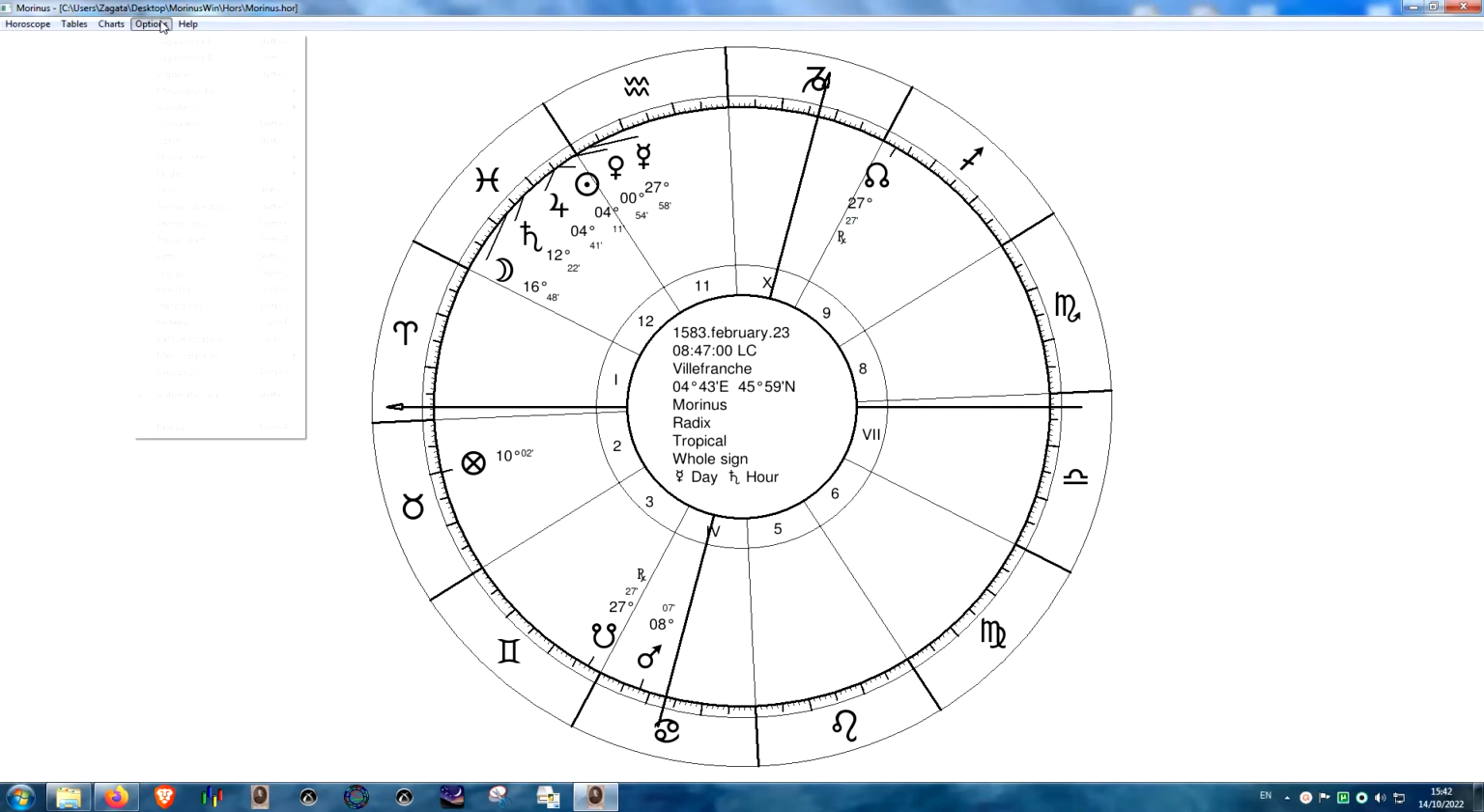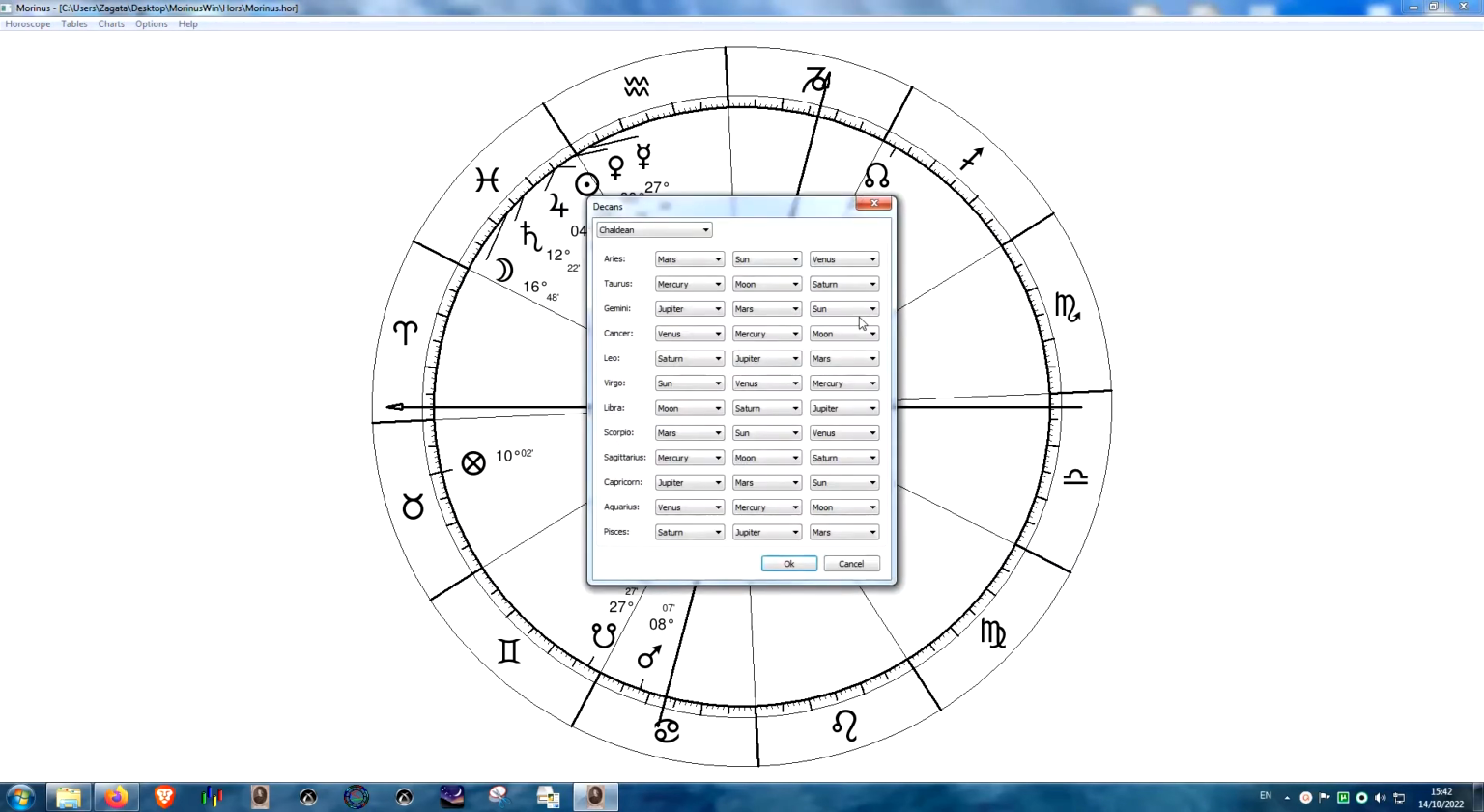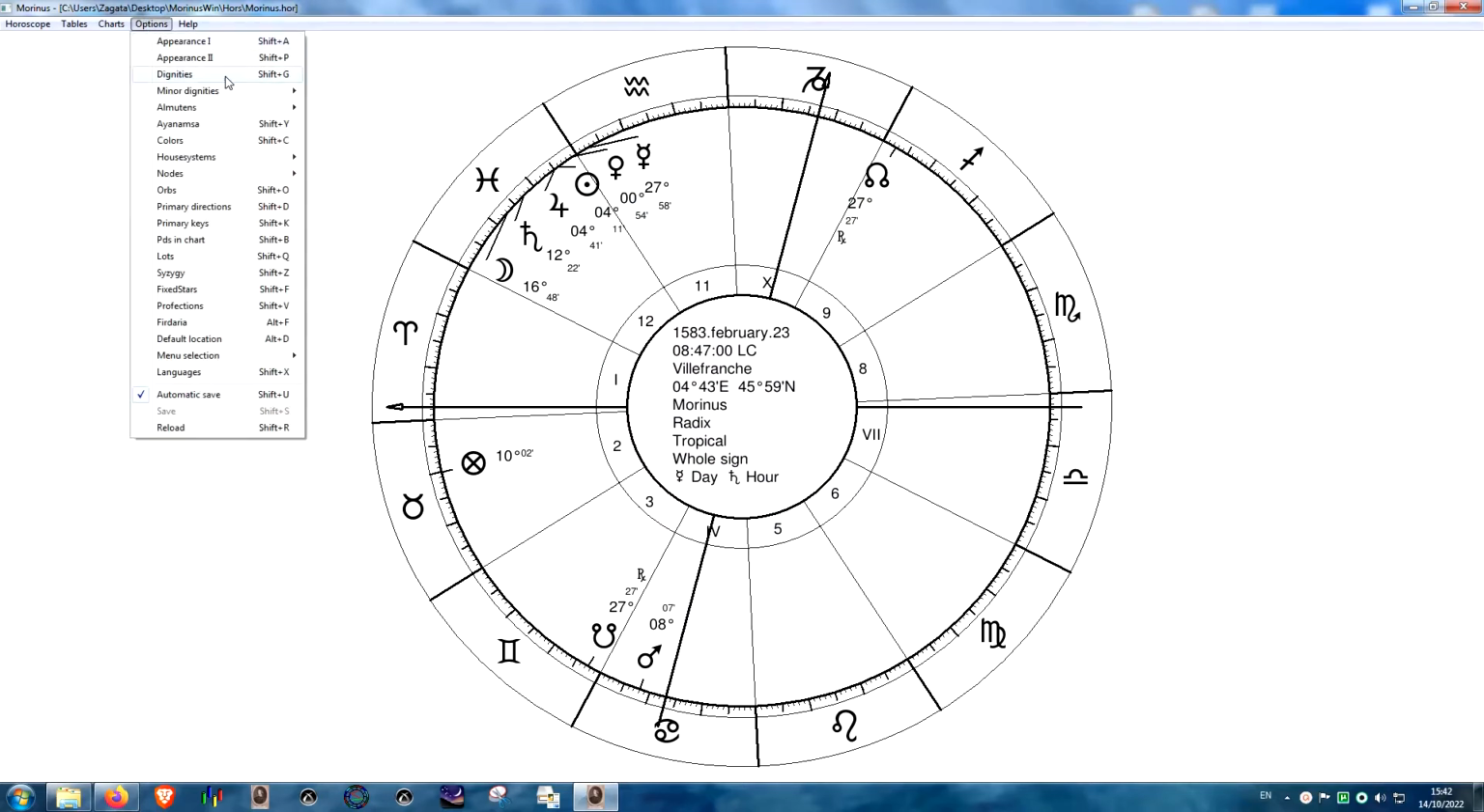Sorry, this is for the bounds, and then the decans. I don't use the decans as a dignity, I use them for physiognomy and for rectification also. The triplicities. So these are the Oriental triplicities. Okay, and then